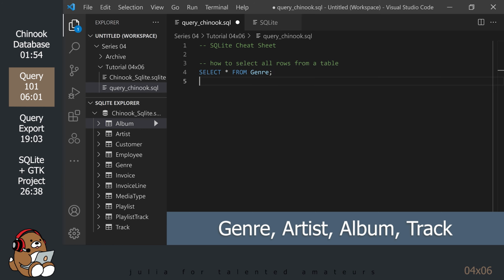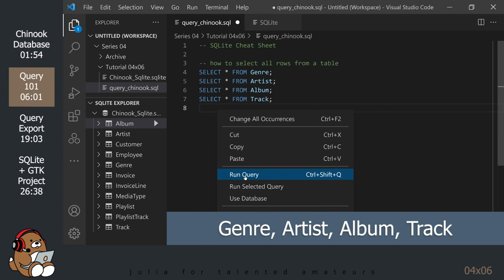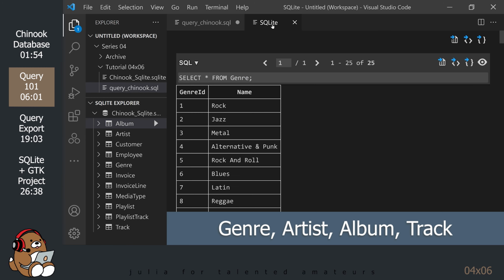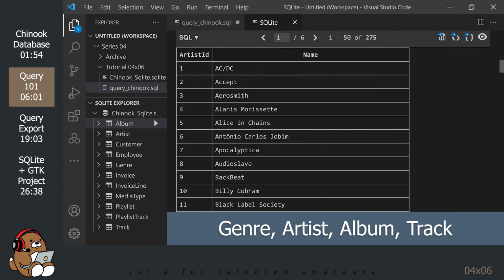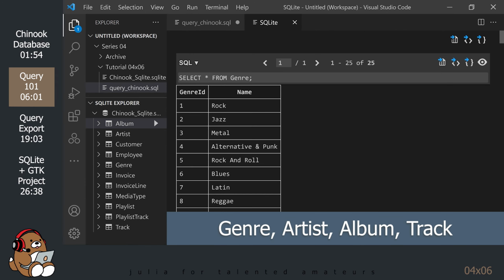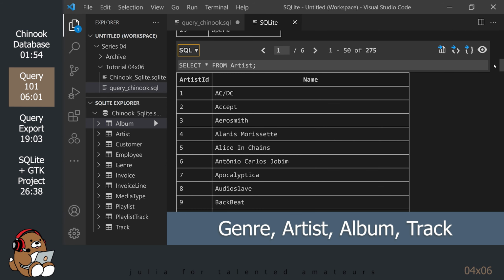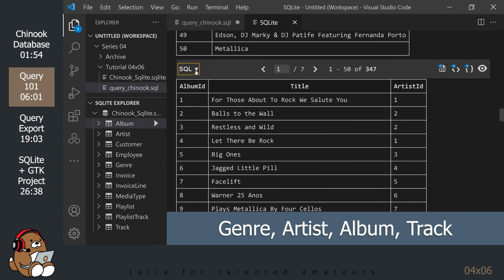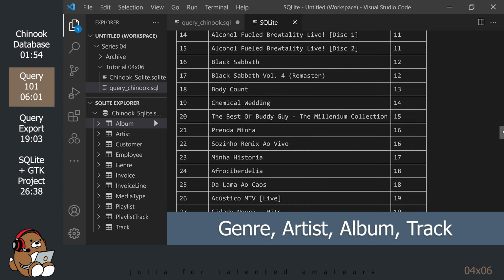Copy and paste this code several times and change the table name to see some of the other tables. Now, right-click in the file again and select Run Query. At first, nothing appears to have changed, but if you scroll down, you should see all of the tables that you have queried. If you click on the down arrow next to SQL for each of the tables, you should see your SQLite statement for each query.